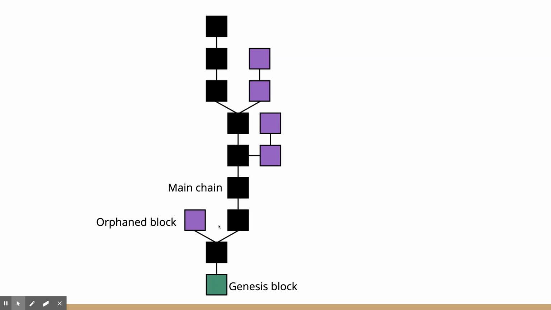So the miners actually start another race, and they say they are going to now create the next block. And whoever wins that race will then go further. And you can see this happening again at this point in time, where the black one and the purple one again get created at the same time. Well, that's fine, but